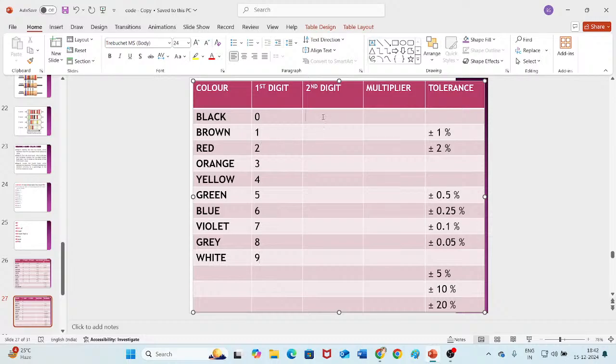Simply for digit 2, also write down the same. 0, 1. Write down the numbers in sequence, that's it. 2, 3, 4, 5,